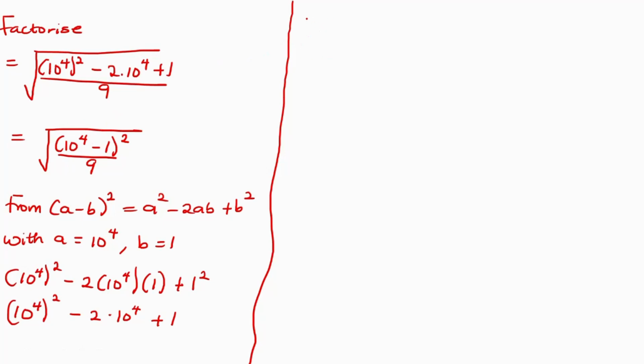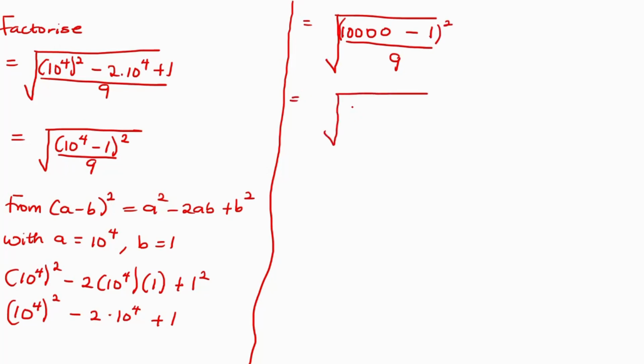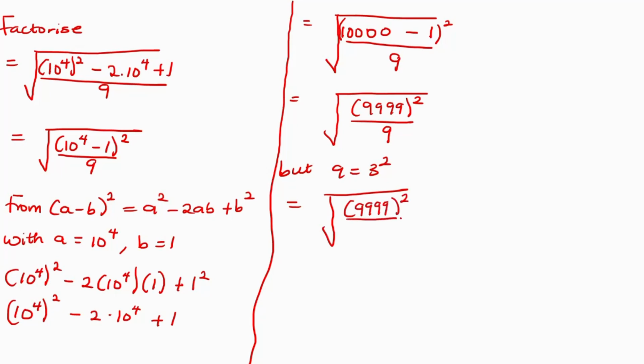And we know that 10 raised to the power of 4 is 10,000. So this is going to become 10,000 minus 1 over 9. And remember, all square. So from this part, we have that 10,000 minus 1 is going to give us 9,999 all square over 9, right? But we know that 9 can be written as 3 square. So this is going to give us the square root of 9,999 all square over 3 square,